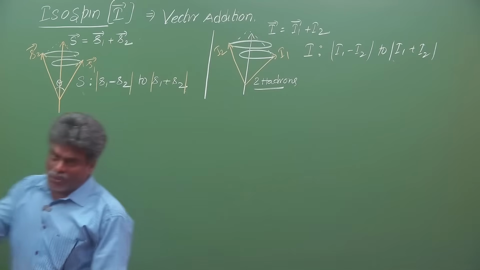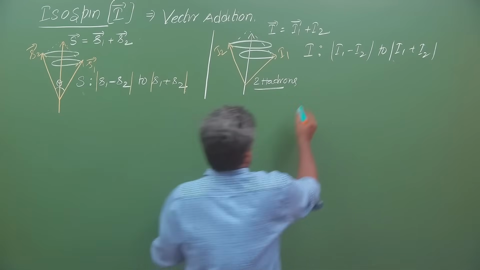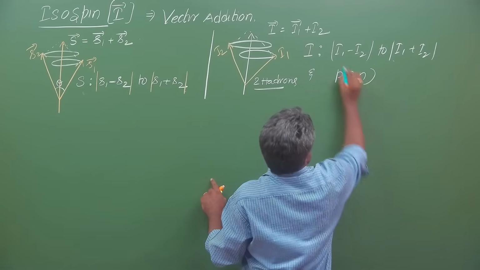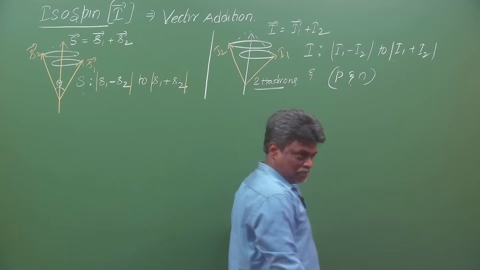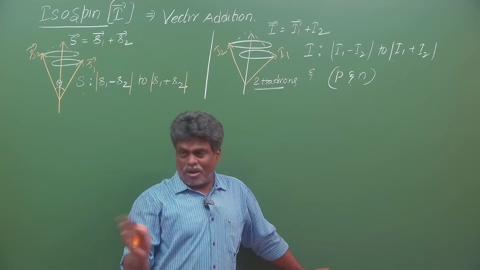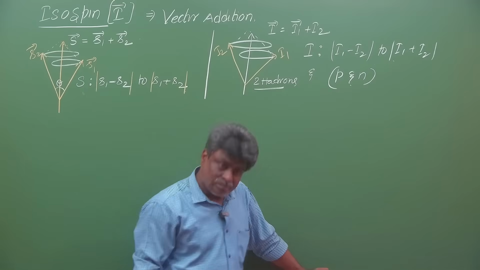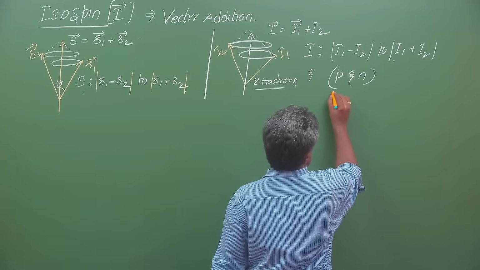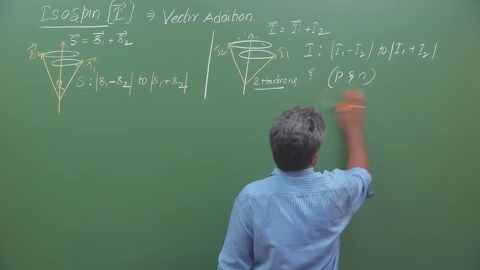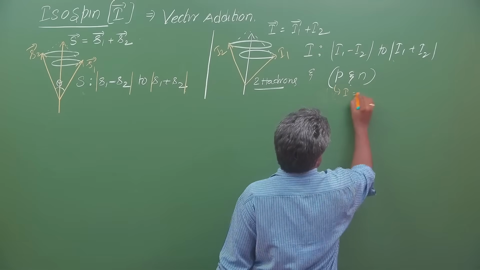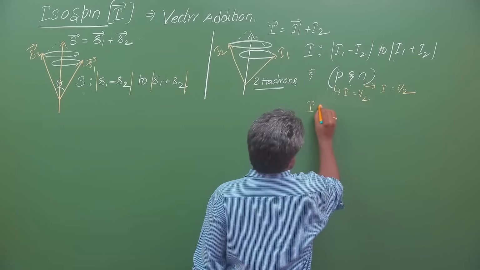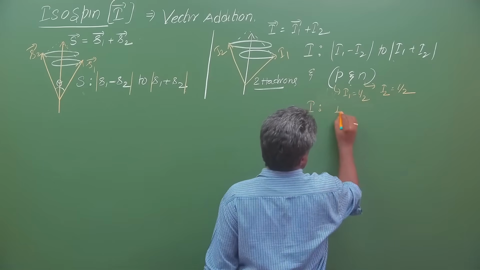I1 minus I2. Now wait a minute. For example, I have a proton and a neutron interacting. Let us suppose a proton and a neutron. What is the I value of a proton and what is the I value of a neutron? Both have 1/2. That's why 1/2 minus 1/2. Understand? Okay. Proton I, neutron I. Then the resultant I equals